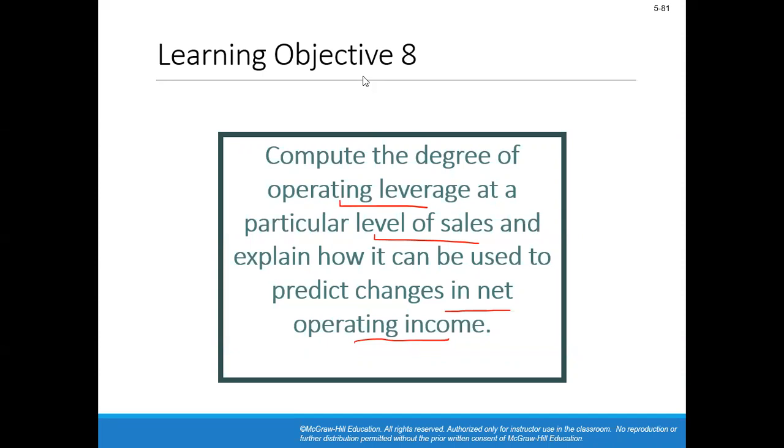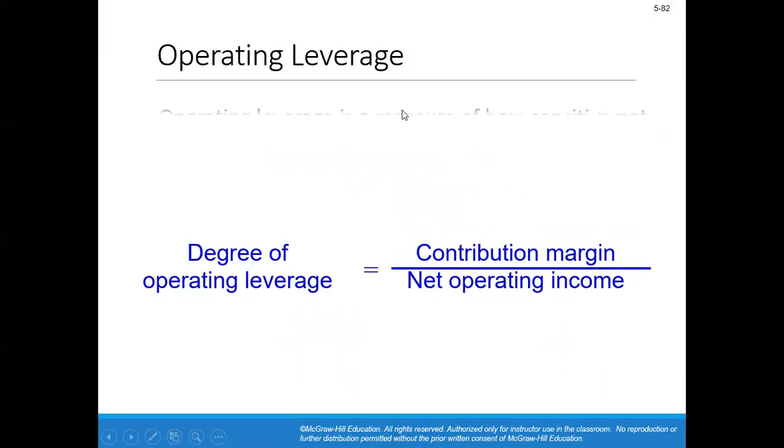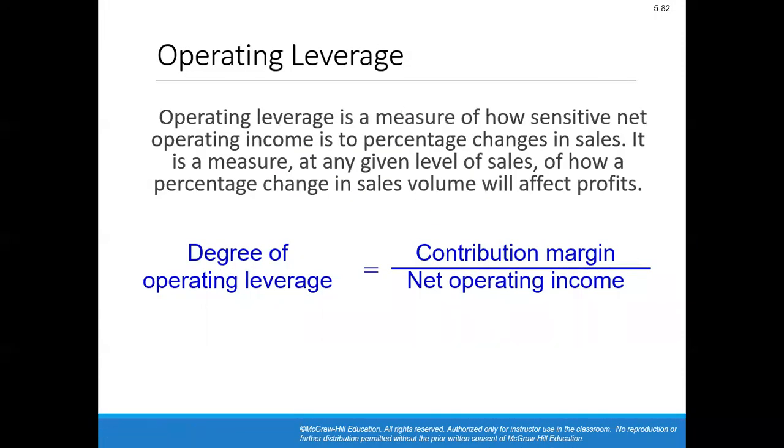You probably learned this concept in your fundamentals of finance or principles of finance course. Yeah, you have responded. Good. Yeah. So we would like to revisit the operating leverage concept, and here not in the way that you learned earlier,